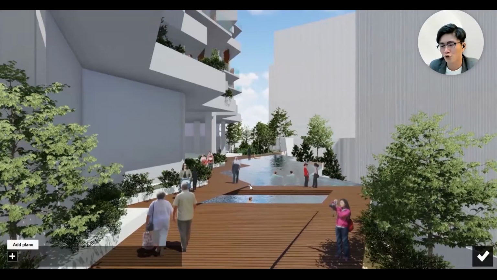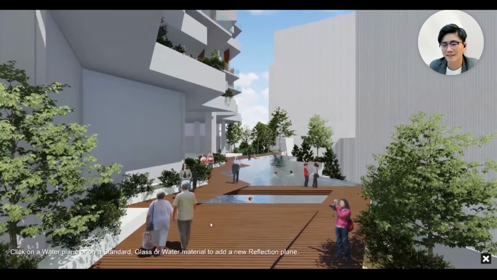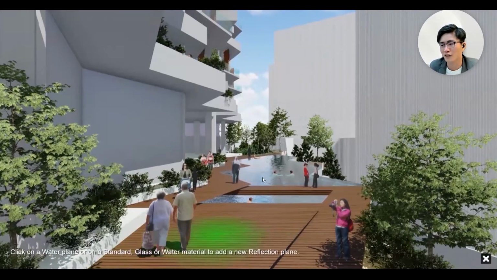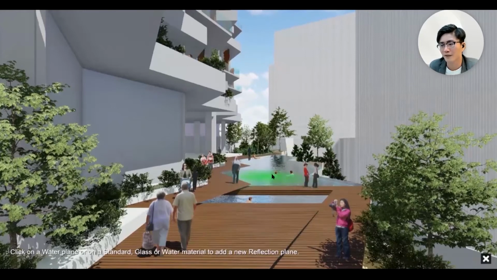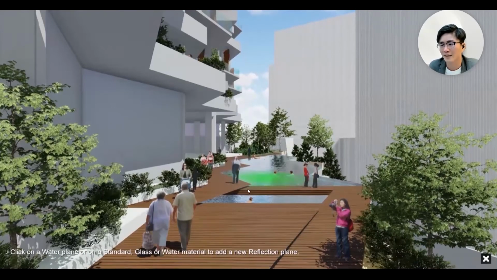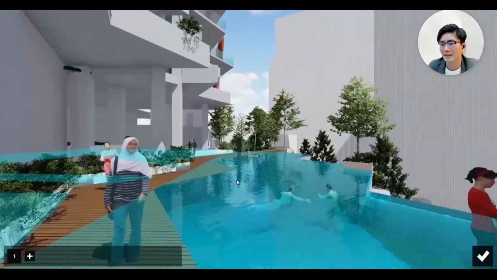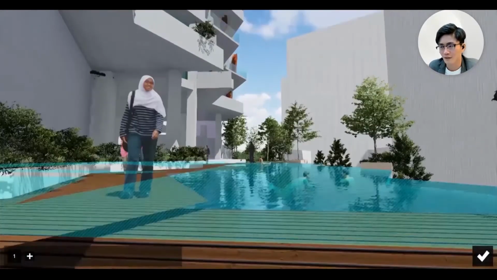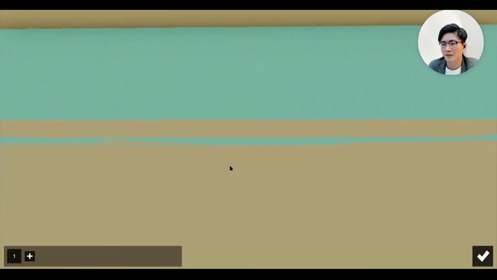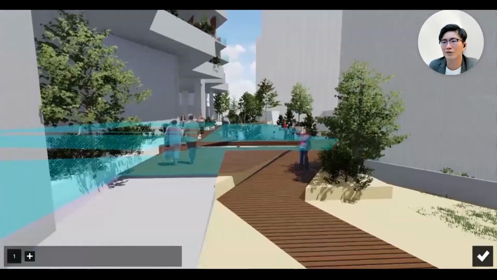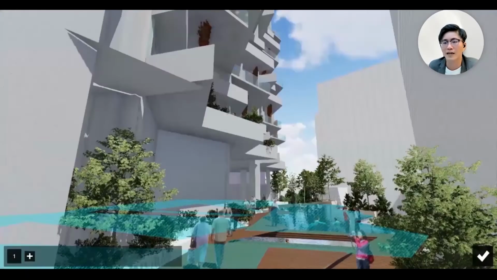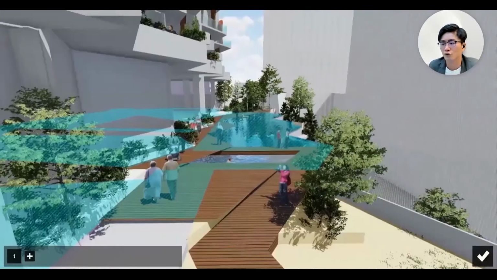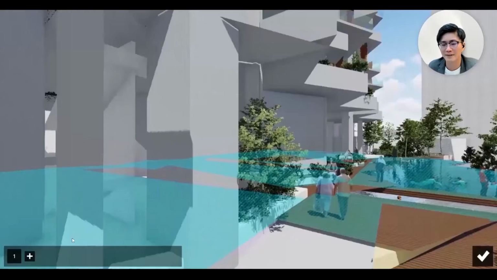So first, I will choose the obvious thing, water. And water, you have to make it reflective. So it will highlight the plane that is at this level. Okay, so next big thing beside water is glass. Do you have any glass in this view? Luckily in this view there isn't. So I have to carefully plan for these 10 slots.